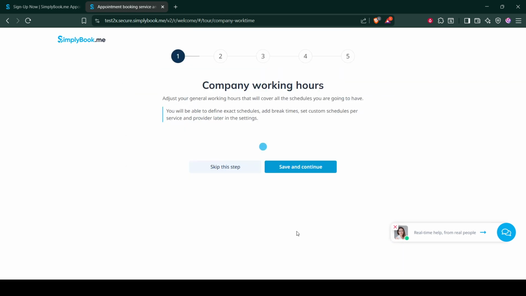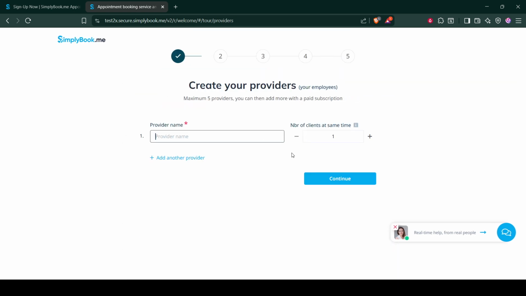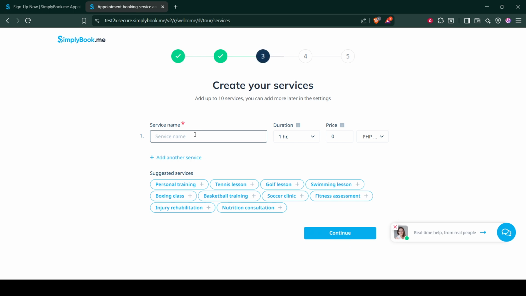This is your chance to define the specifics of what clients can book online, so take your time to think it through. After setting up your services, you'll want to add providers. These are the people or team members who will deliver the services you listed. Enter each provider's name and any specific skills or specialties they have. This can be a great way to showcase their expertise and ensure clients book with the person best suited to